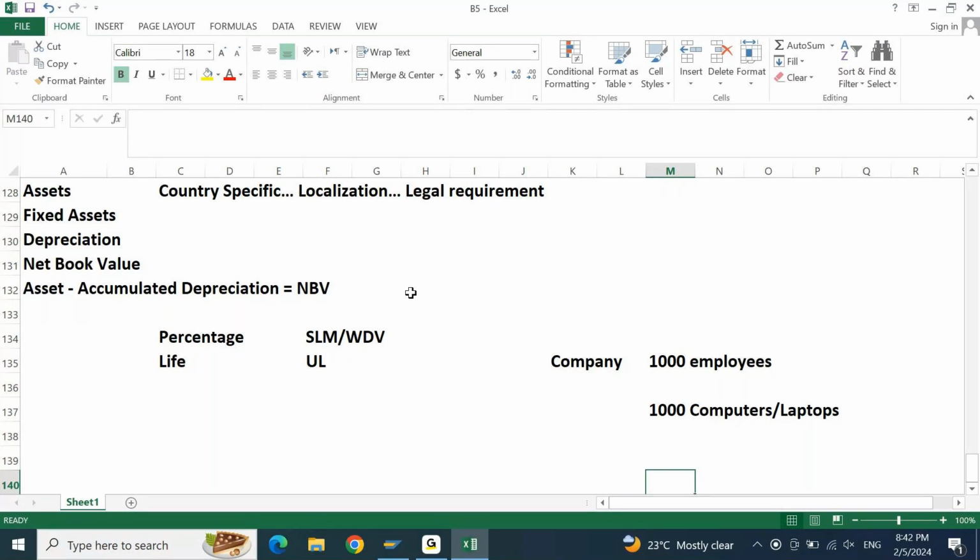The moment you start creating a company code, the moment you start thinking about a company in SAP FICO as part of your practice, asset accounting becomes mandatory, because you should always stick to your fundamentals. We all studied in our academics that to start any business you need capital. One of the sources to introduce your capital is your fixed asset. You will be investing by way of a fixed asset, because without it you cannot start your business. You need a computer initially, or at least for you to sit you need a chair. You cannot stand and do the business.